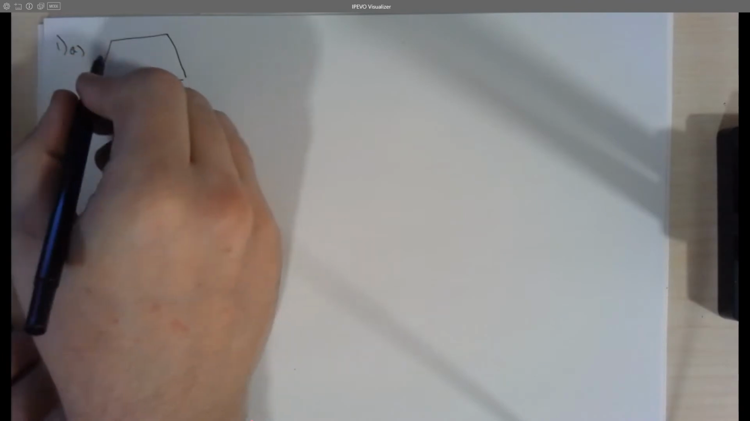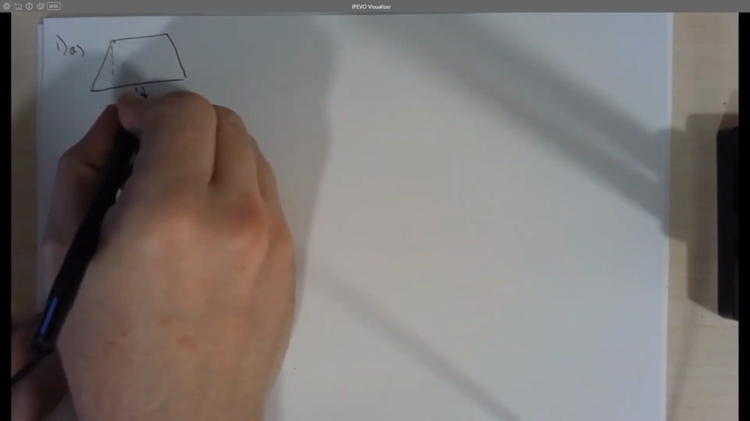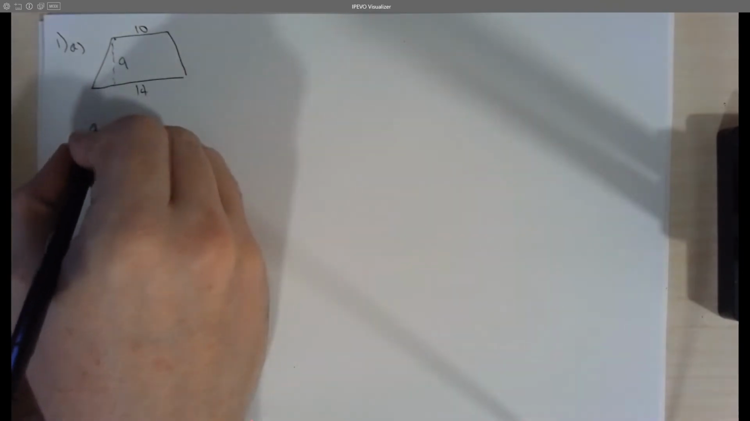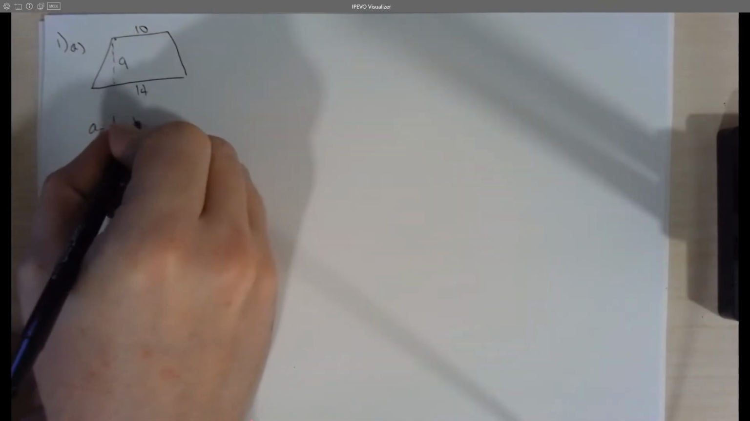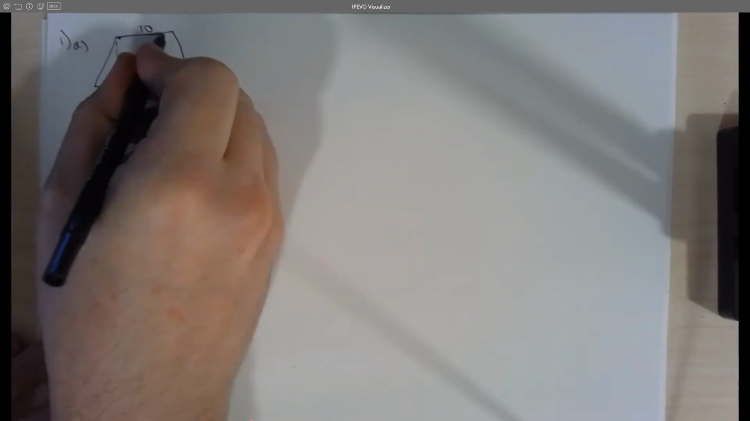So it gives us a trapezoid. Let me see if I can draw it out a little bit here. This one kind of looks like a parallelogram even though it's not. We have a base of 14, we have another base up here of 10, and we have a perpendicular height of 9. Remember that to figure this out, area equals 1/2 times base 1 plus base 2, which is really this base and this base added together,